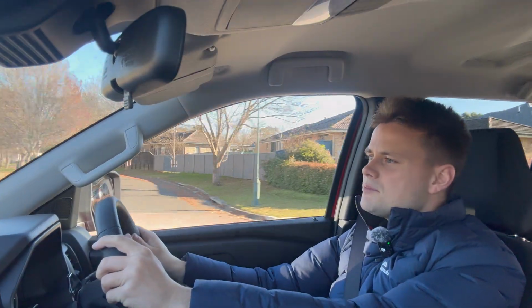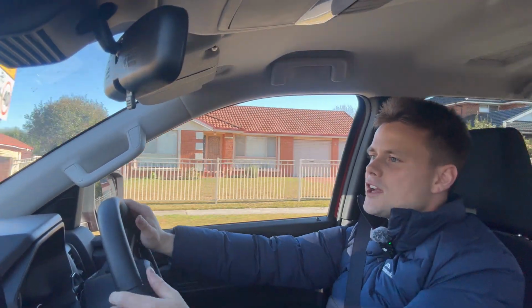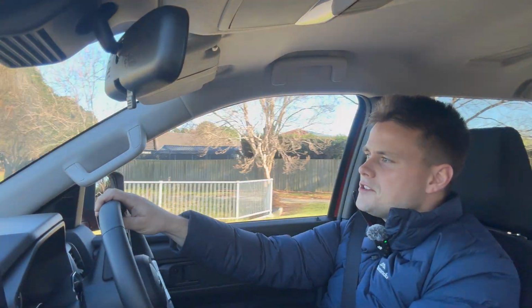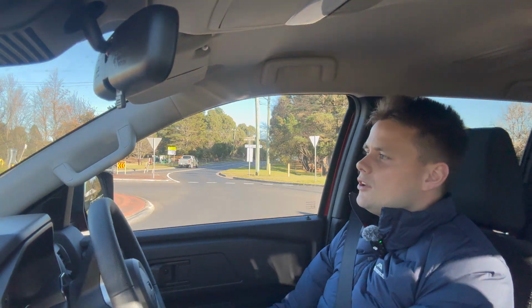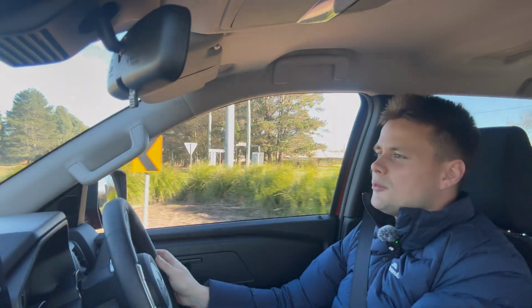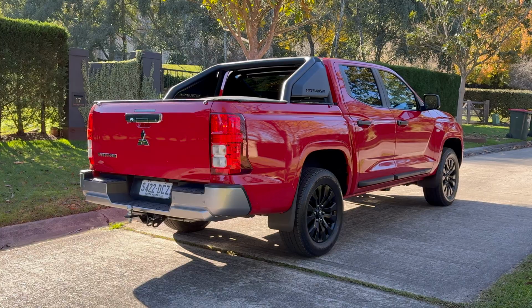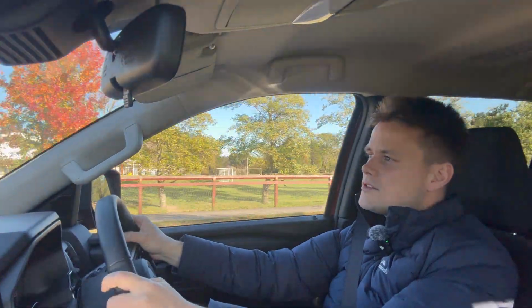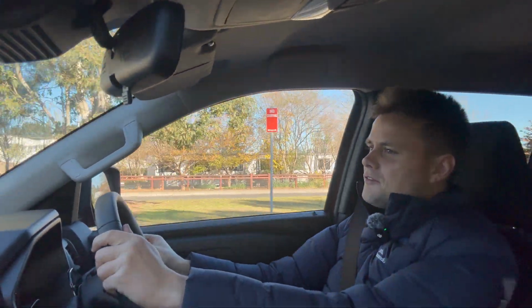So whilst there are some cheaper options from China like GWM Cannon, the Jack T9 and some other rivals that are coming onto market, they're still not as refined in terms of driving because they're not locally developed, they don't sit on the road that well compared to some of the more mainstream brands. And I think that is a strong selling point with the Triton, because driving around is what you'll experience the most. So I think the value